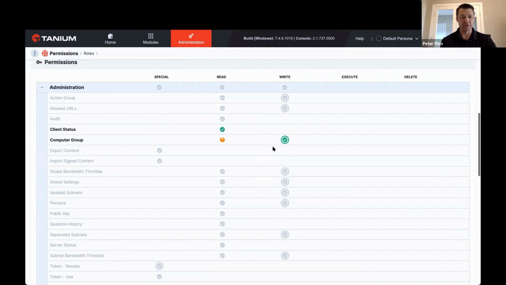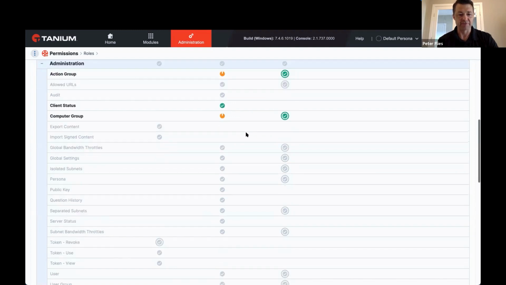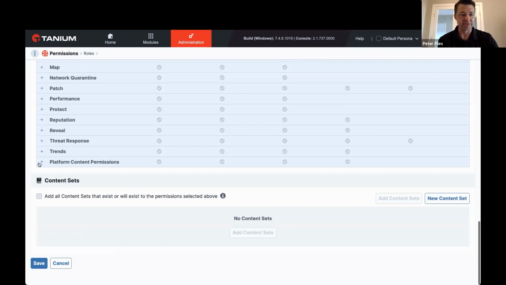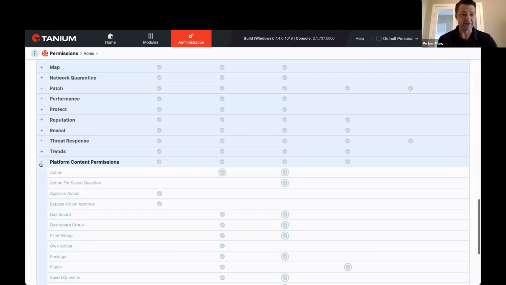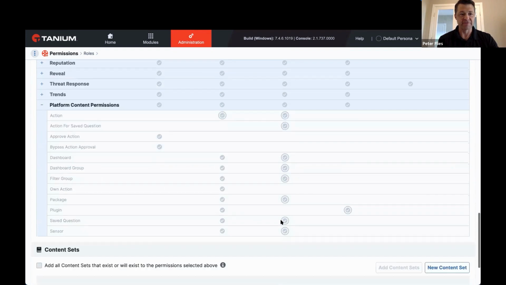Yes, absolutely. Any of the write ones you can see are going to imply read. So if I'm giving write action group, I'm saying they also get read action group. Some of the other ones, if I go down to the platform content permissions, this is like the former advanced roles. If I'm going to give write action on something, you'll notice here that it implies a couple others, like if I'm able to deploy an action, I'm also going to be able to read my own action and read the packages, because I can't really write or create a deployment without having